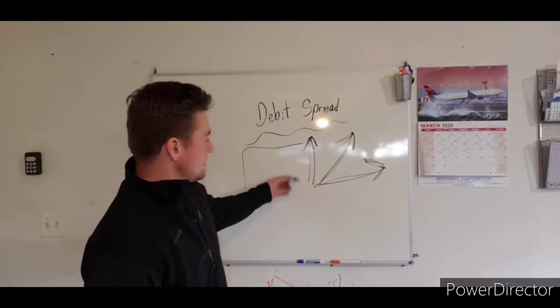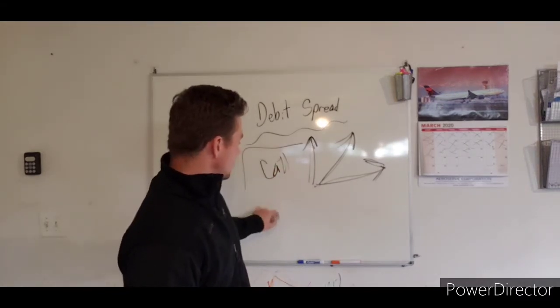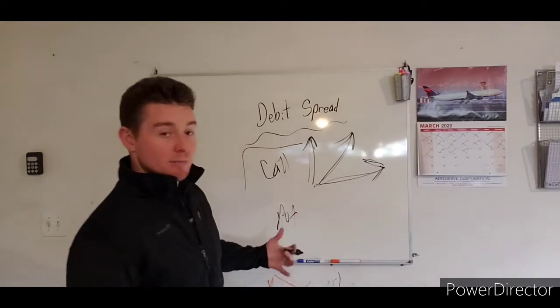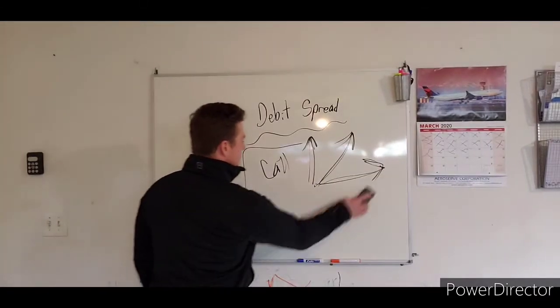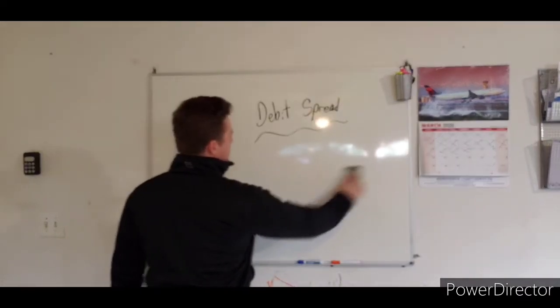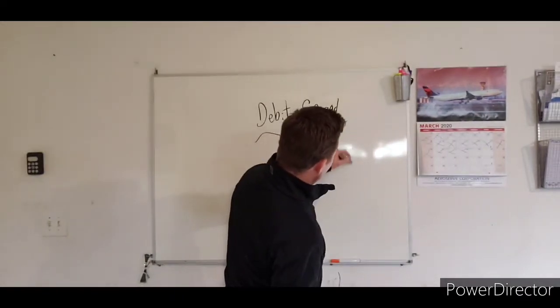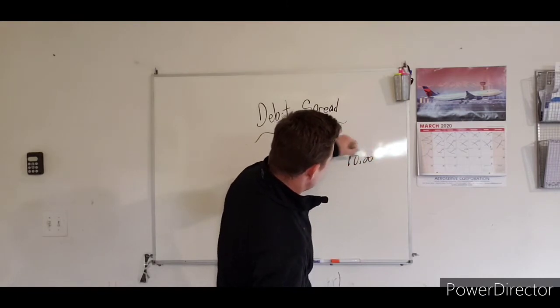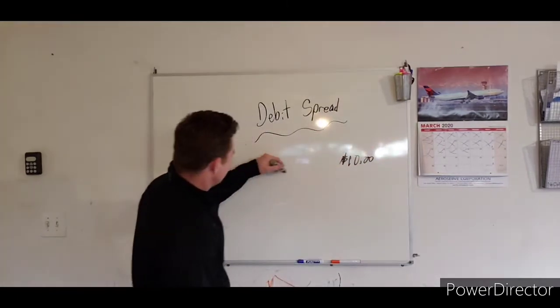And what's going to happen here is that's for calls, right? Now, puts, if you buy a put debit spread, it's going to be the same thing. You're just going the opposite direction. So, with the put debit spread, we'll use the same example we did. We'll say the price is at $10, all right? And then we're going to